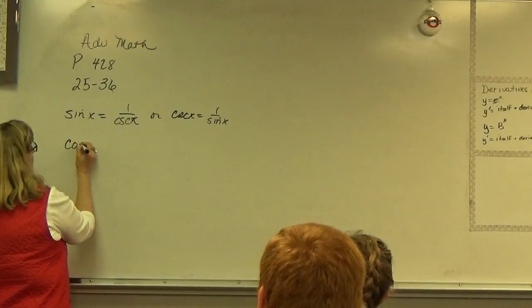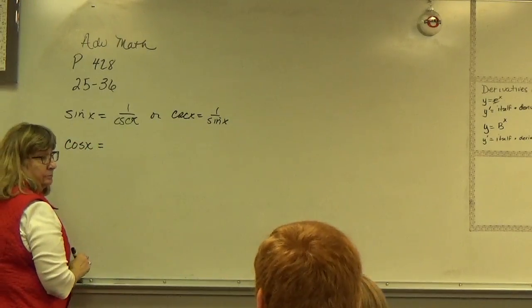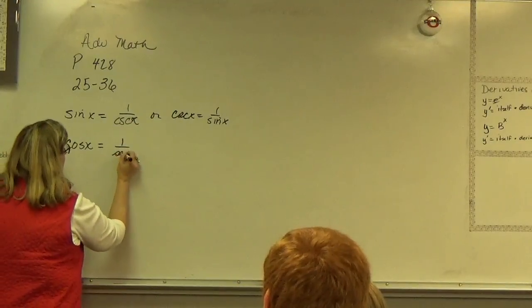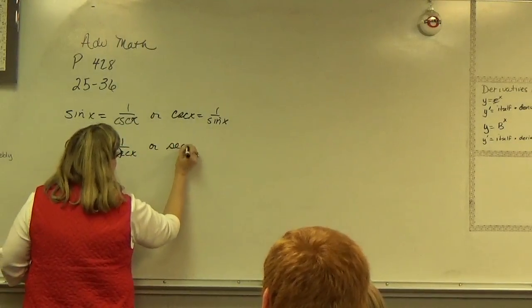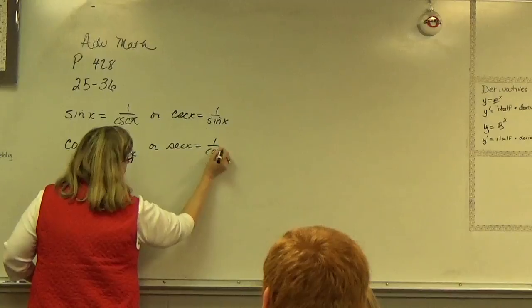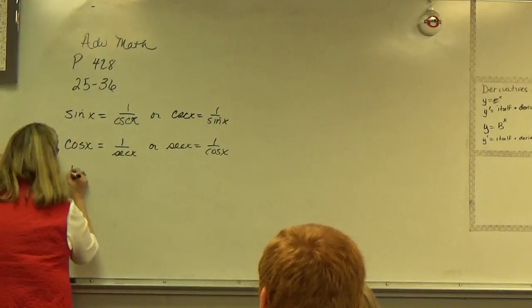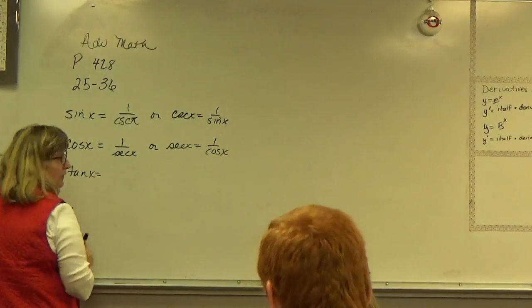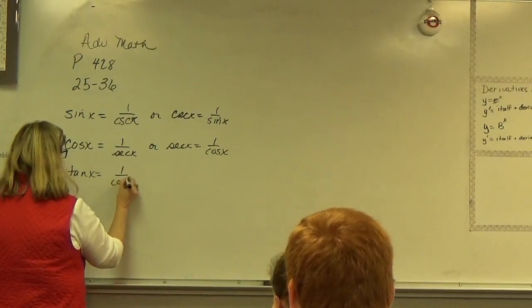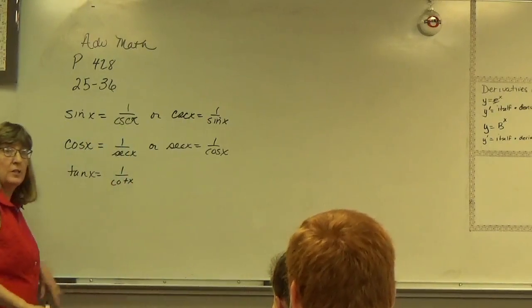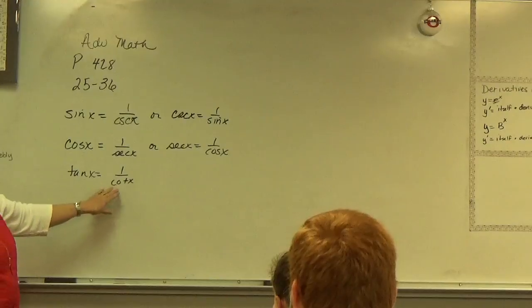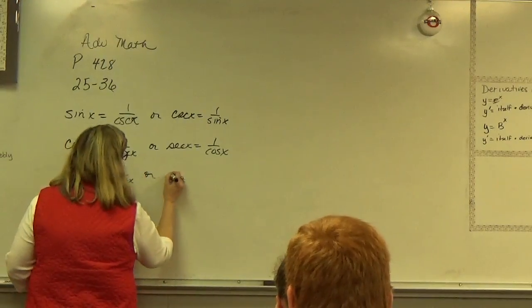What about cosine? What's the reciprocal of cosine? 1 over secant. Or I could write it, secant is 1 over cosine. What about tangent? I'm asking what is its reciprocal, which would be cotangent. So that would be,